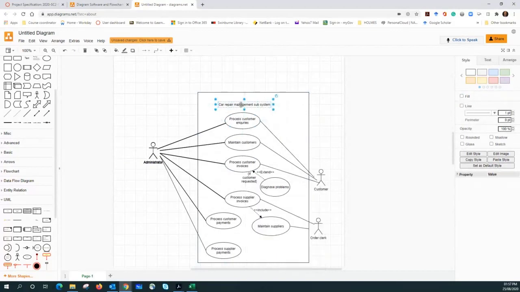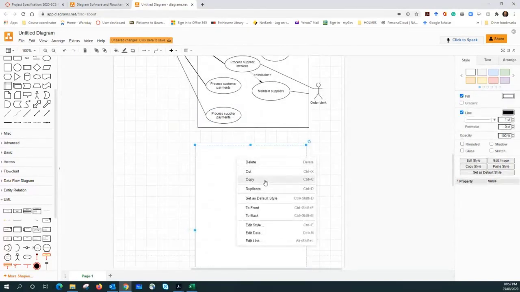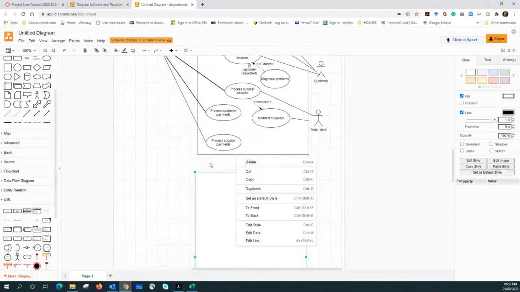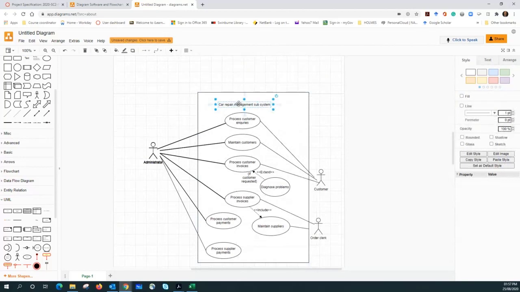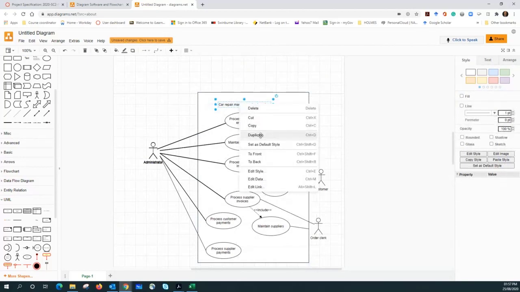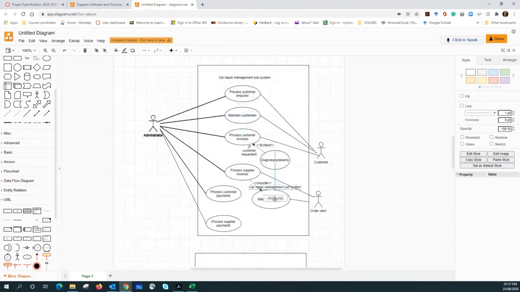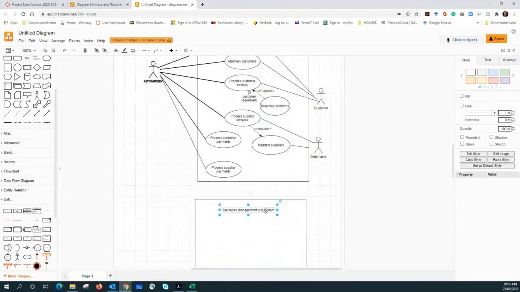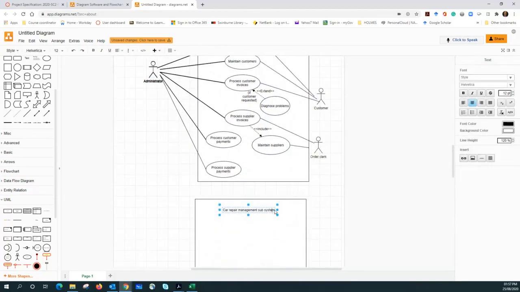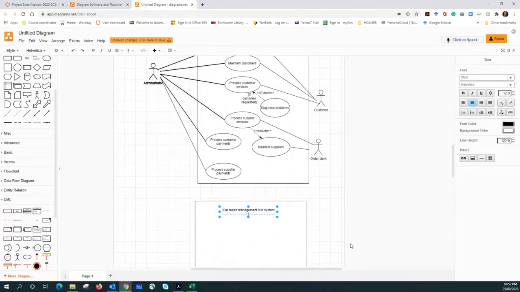I didn't paste, sorry. So copy, paste. No, there's no copy paste. Duplicate. Right. So in this case, what you can say here is car management subsystem